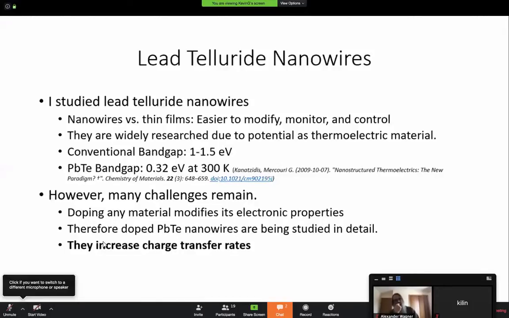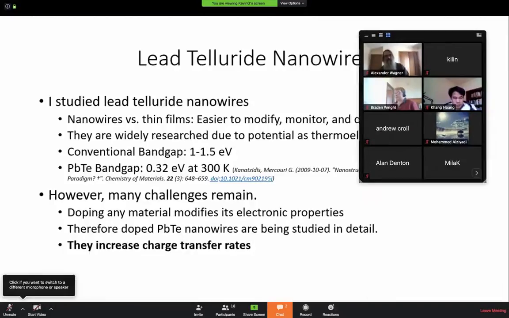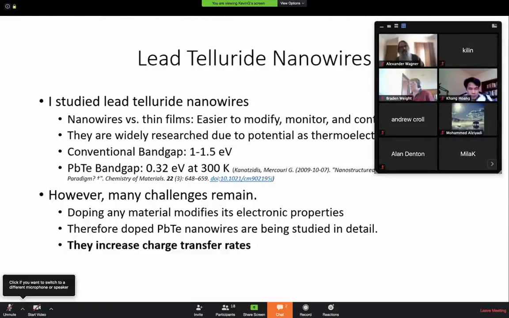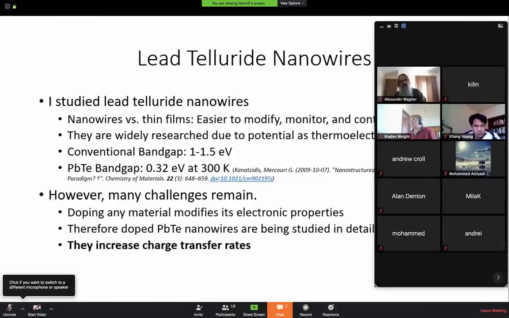However, many challenges remain in studying these things. Doping any material. Wait, I should back up by saying that even though there's a lot of potential with these lead telluride nanowires,